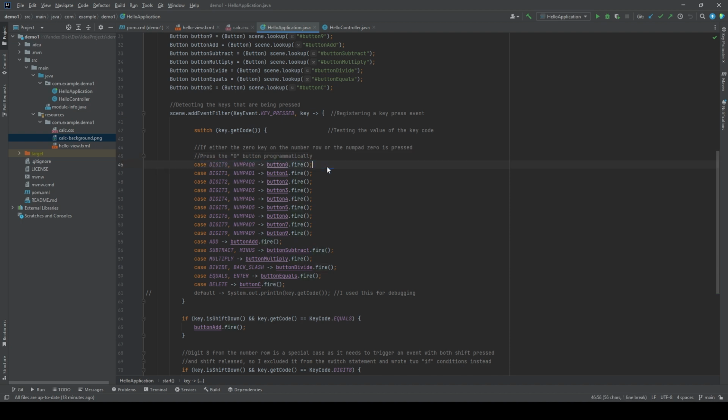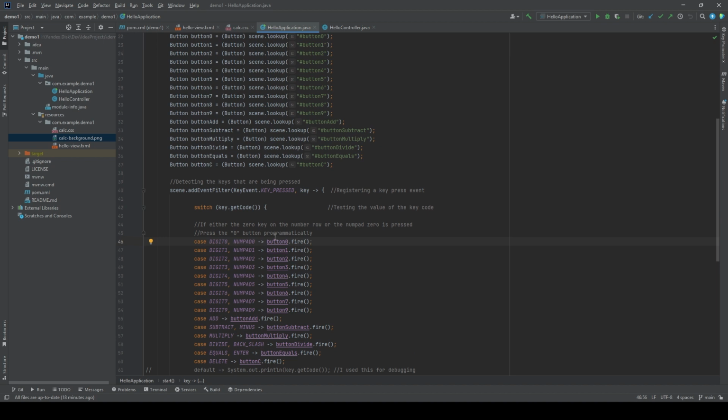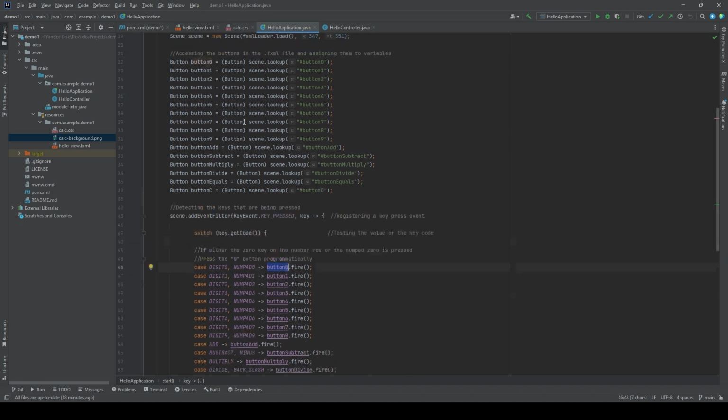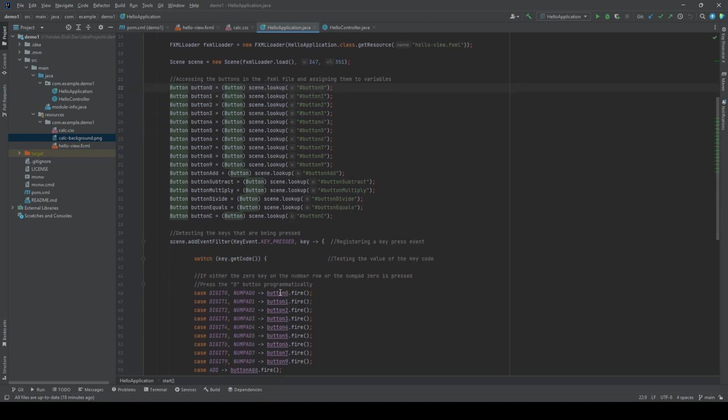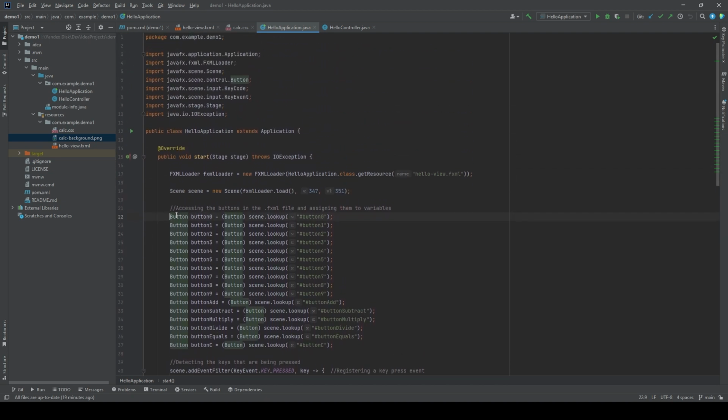Button.0 fire, or something I should have mentioned. How I access this button 0 from hello view fxml, because if you don't access the buttons in this way, then you won't be able to do this. First you define these variables, button 0, button, scene, lookup, and then you input the ID that you have in view.fxml. For example, this hashtag button 0,